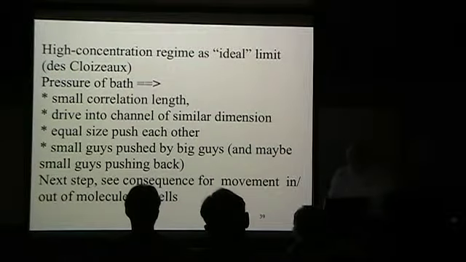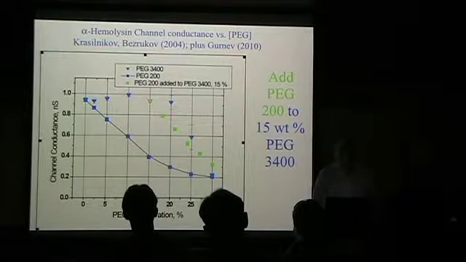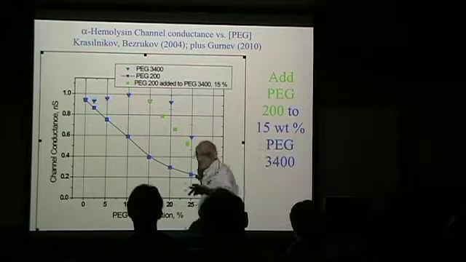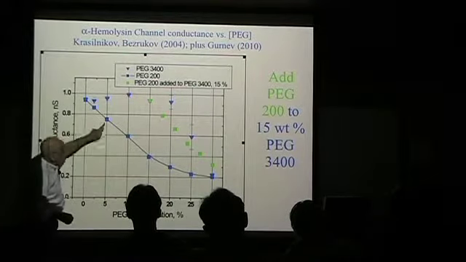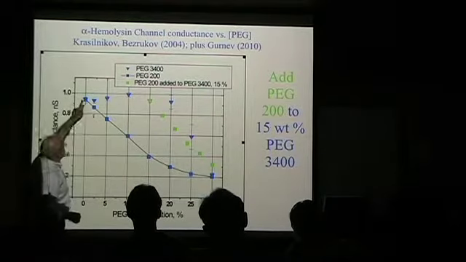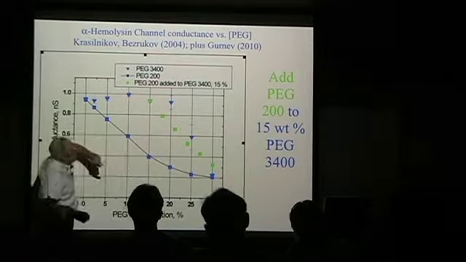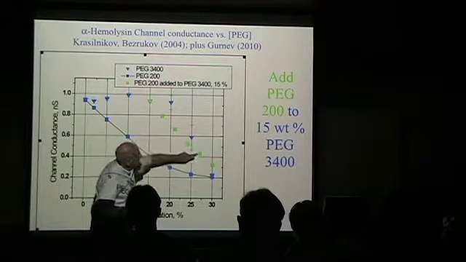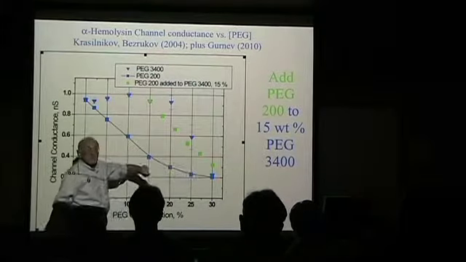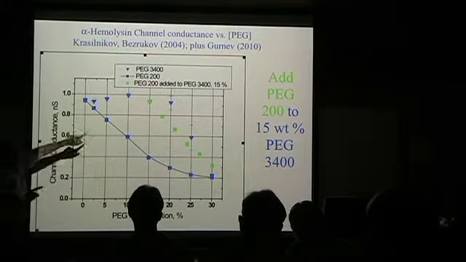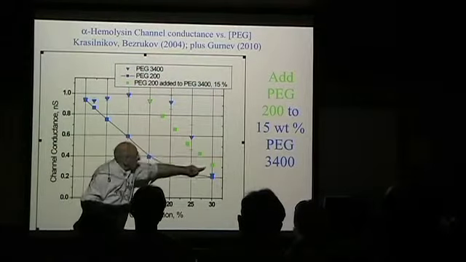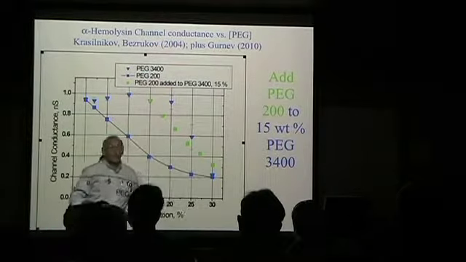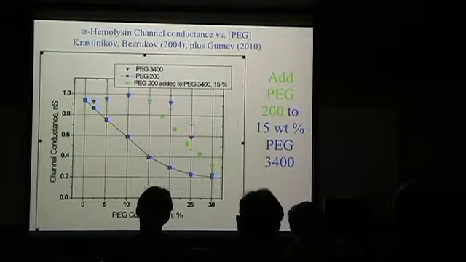So what we are thinking now is, this is Sergei Rukov, and oh, I guess I should just add this, right? So if I look at the channel conductance here, this is going to what Cedric just asked. This was that curve that said if I have small things partitioning, this is the big guys going in. But I can also think about starting to add small ones to the solution of big ones. This is exactly your question, Cedric. Good thing I had it yet. So you see that's going down linearly in the concentration. But the conductance is bigger here than it was when you had 30% small species, simply because you have only 15% outside.